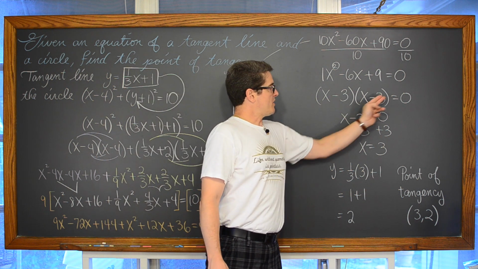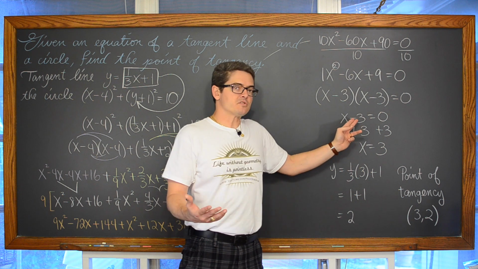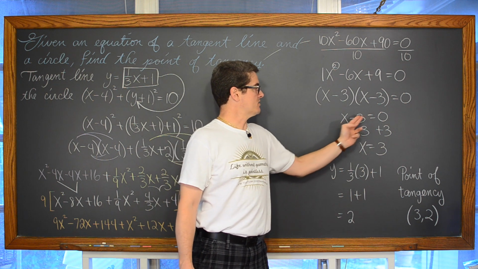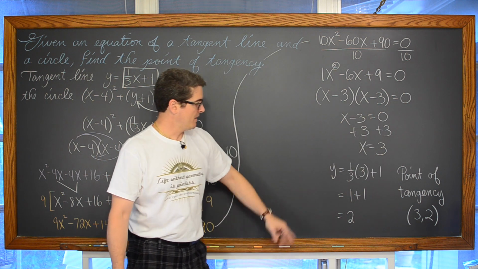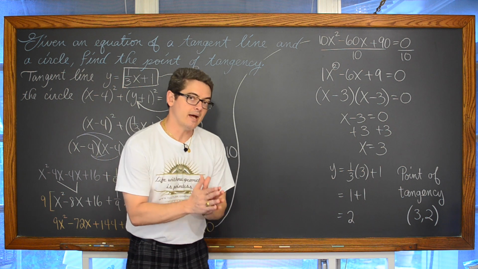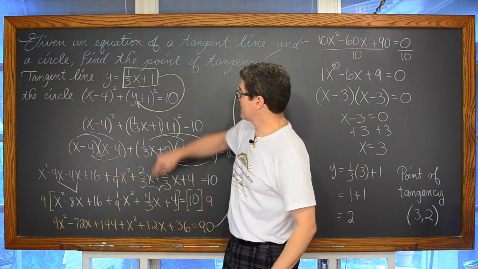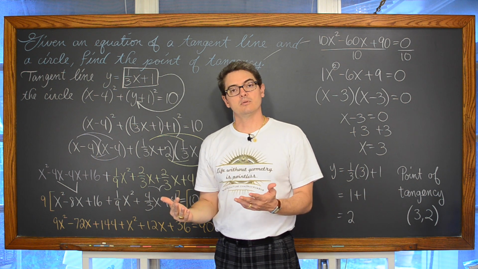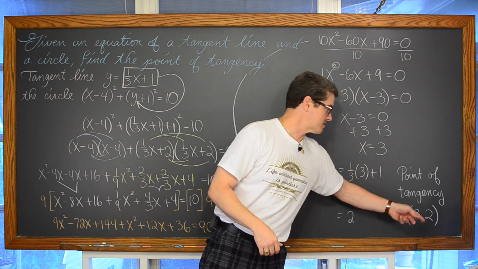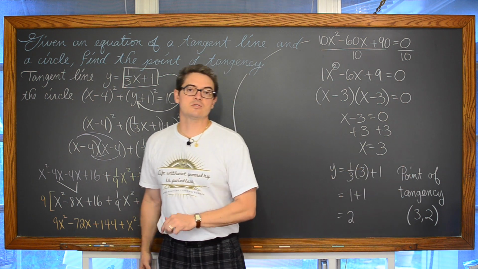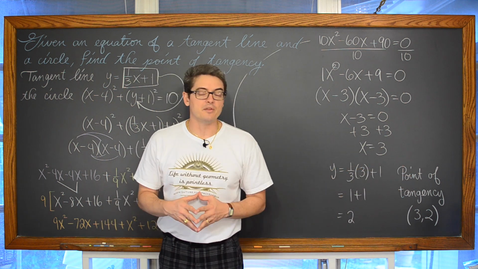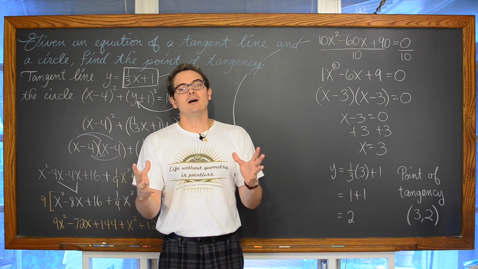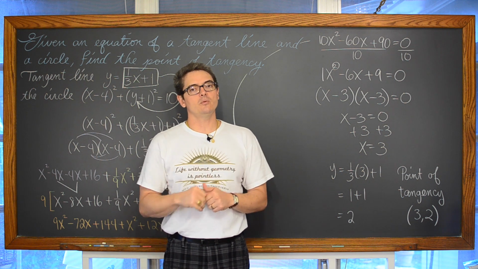If these two factors multiply together to give you an answer of 0, then one of those factors, they're both the same in this case though, needs to be equal to 0, so I'm taking that factor, setting it equal to 0, solving for x, getting 3. And again, you're finding a point of intersection, so you're going to have to take that x value of 3 and plug it into one of your original equations and find the other coordinate of your point. So y comes out to be 2, and again, our point of tangency, just like before, is equal to (3, 2). So I gave you two ways to work out the same problem and did a little bit of algebra review, working with you or setting up with you the original example.